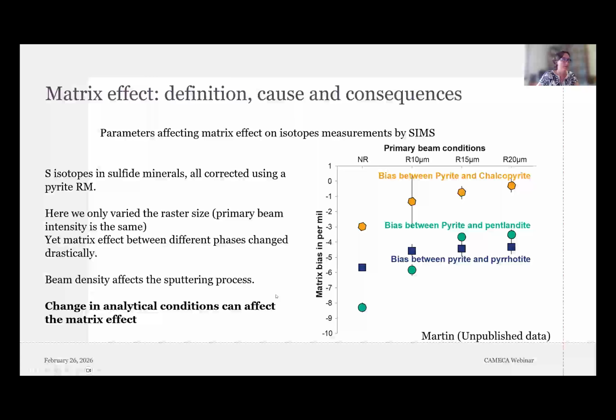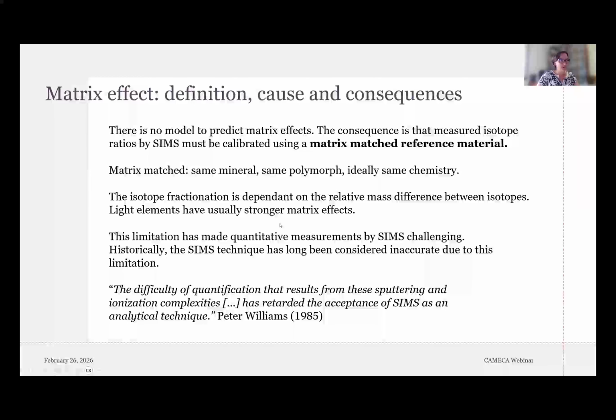So that's quite important. It's not because we have almost no matrix effect in certain conditions that it's the same for every condition. So there is no model to predict matrix effect at the moment. The consequence is that the measured isotope ratios by SIMS must be calibrated using a matrix matched reference material. And when we say matrix matched, it is same mineralogy, same crystal structure, and ideally same chemistry,